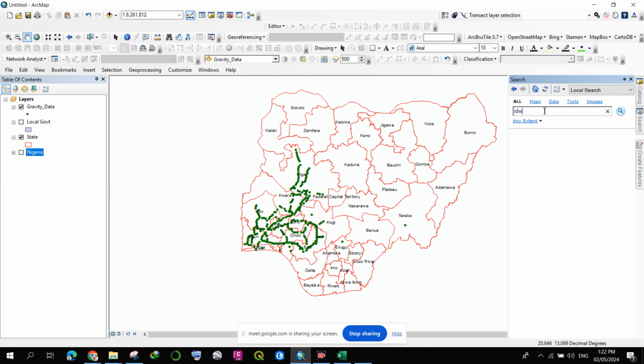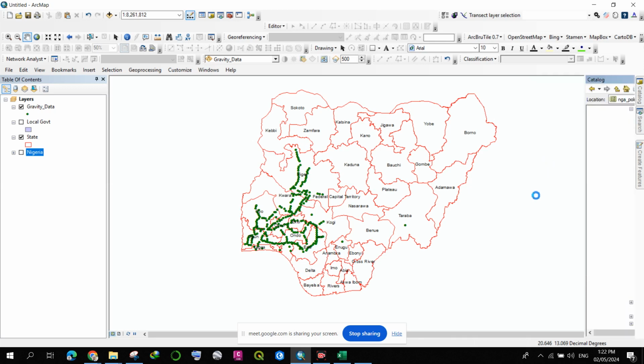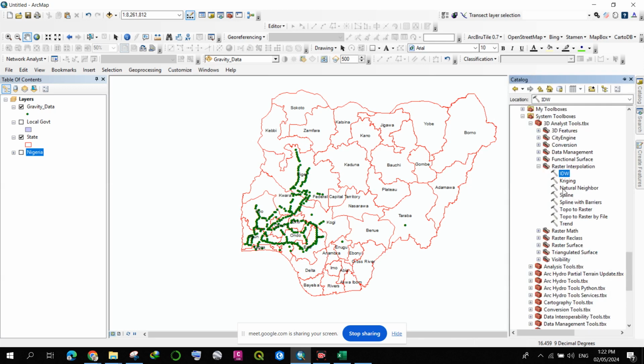So you see there are many tools you can use for performing spatial interpolation. Let me go to the toolbox itself. You can use IDW, gridding, natural neighbor, spline, and so on, but these three are the most commonly used spatial interpolation methods. So I prefer using this. What I'm going to do now is